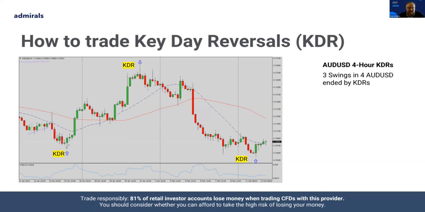And what ends it? Well, what's this candle here? Price is pushed to a new low after a downtrend, but then it closes above the high of the previous candle. That is a key day reversal. Price rallies its way up, a nice bull flag, pulls away again. But what ends that trend? Well, this candle pushes to a new high, rolls over, completely falls away and collapses, and closes beneath the low of the previous candle. That is a bearish key reversal.